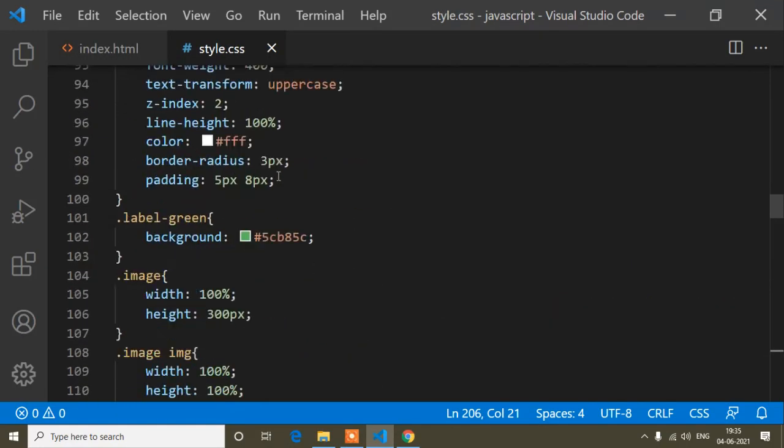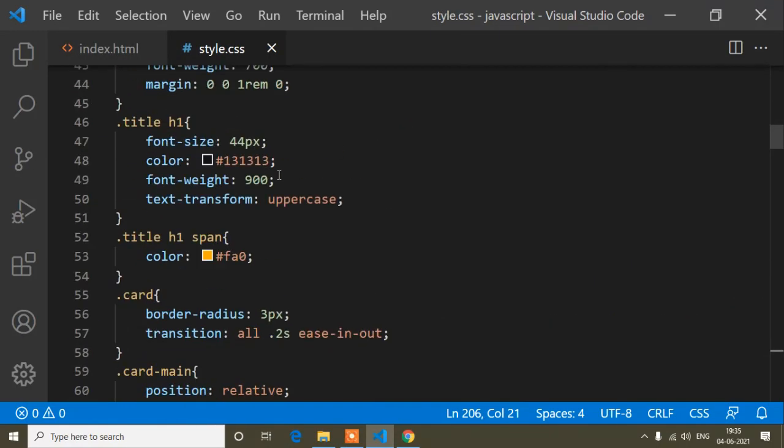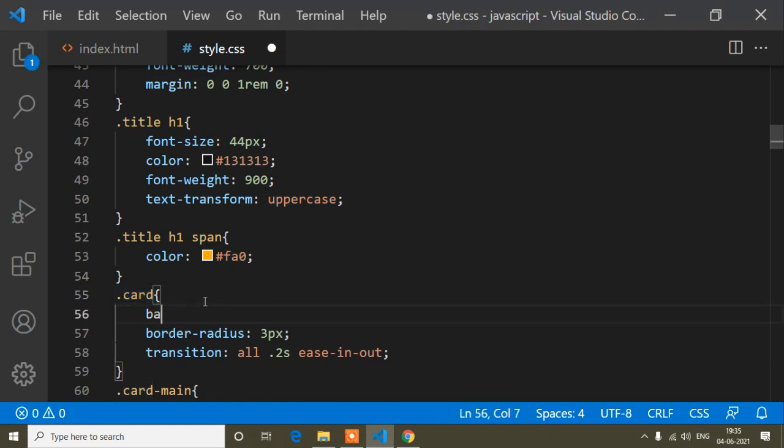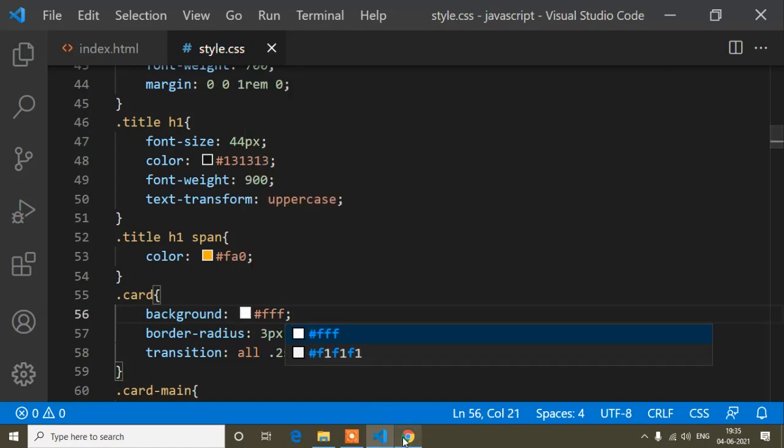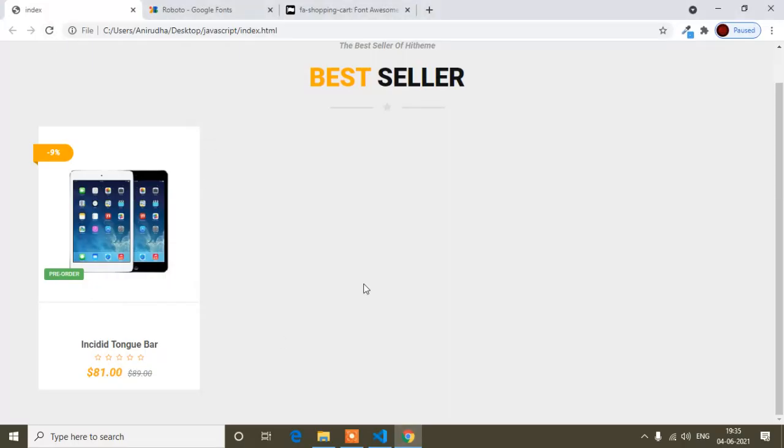So I will go to the top from where I had started writing this card. So that background color I will write also white. So I will copy this, and sorry, I will write this white. So you can see it's added this way. So this is the line and the hover effect. So now this is done.